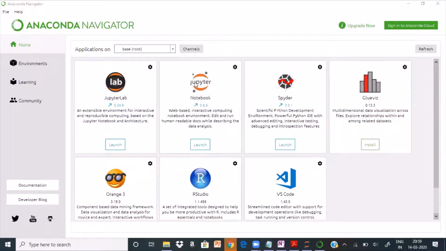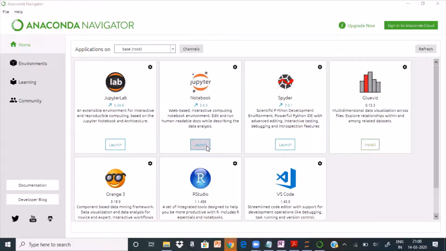So for Python we will be using Jupyter Notebook. Whereas if you want to go into RStudio, you can click this, it will take you into your RStudio, where you can do R programming. In Jupyter Notebook, you will be doing Python programming. These are all related to big data. We will see that later when you get into big data and other stuff. But let us get into this. Launch this Jupyter.